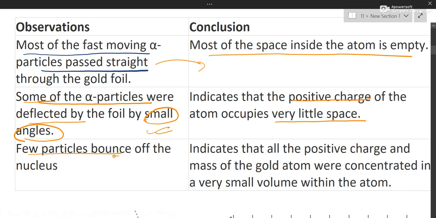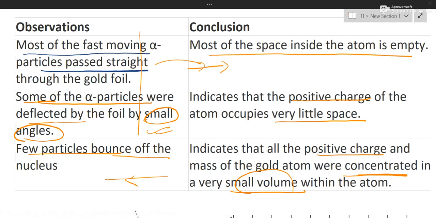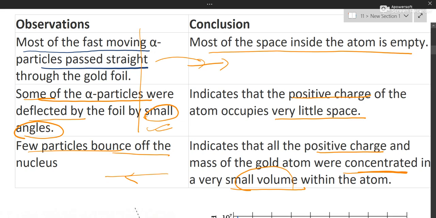Now few alpha particles bounced off, means they came back. They retraced their path. It means positive charge is very strong wherever it is. It is concentrated, it is in a very small volume, it is dense, but it is powerful. So these are the observations and corresponding conclusions. Moving further,